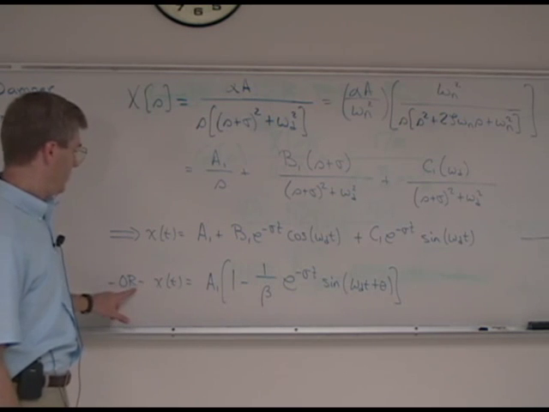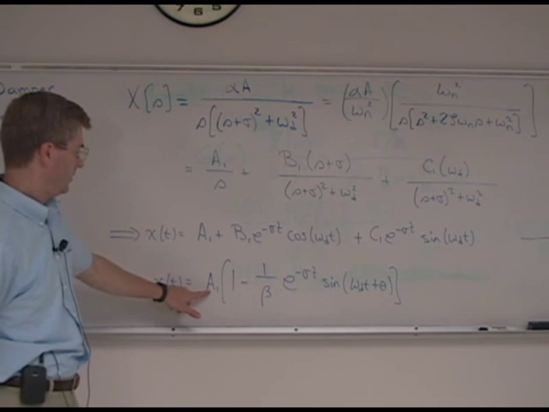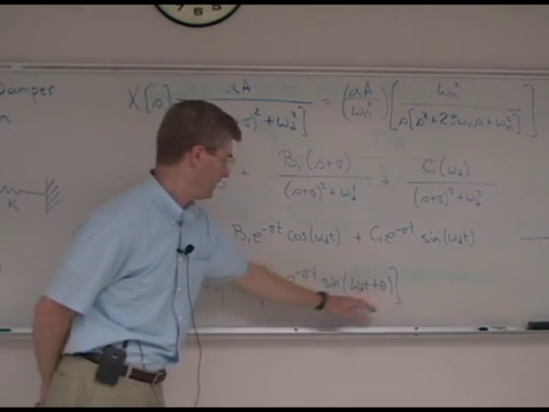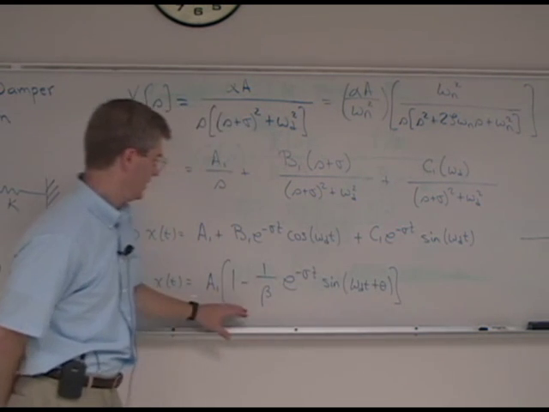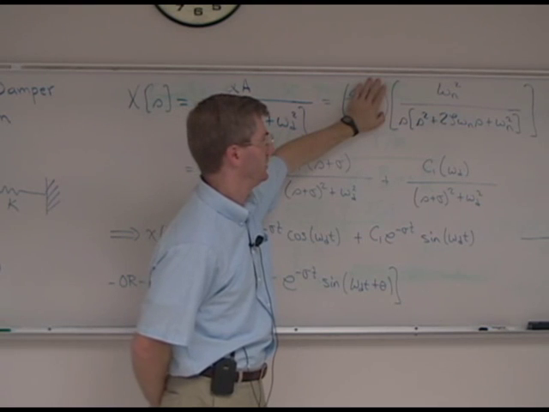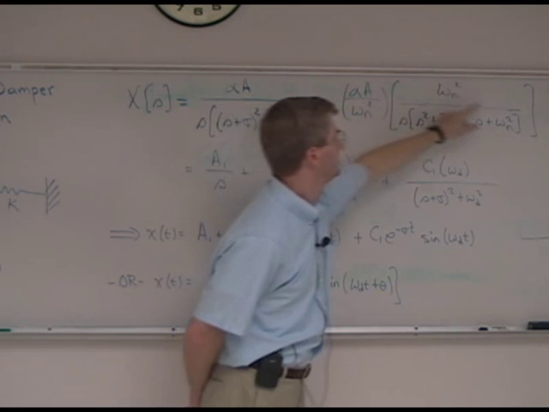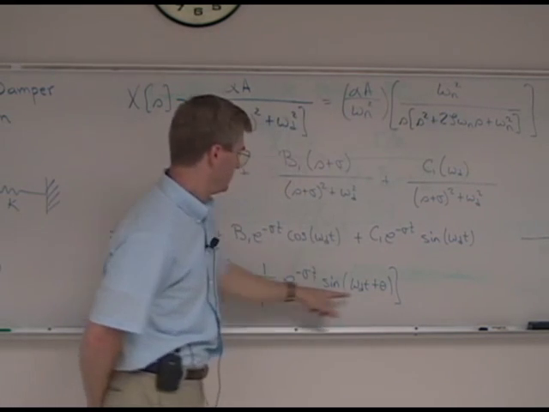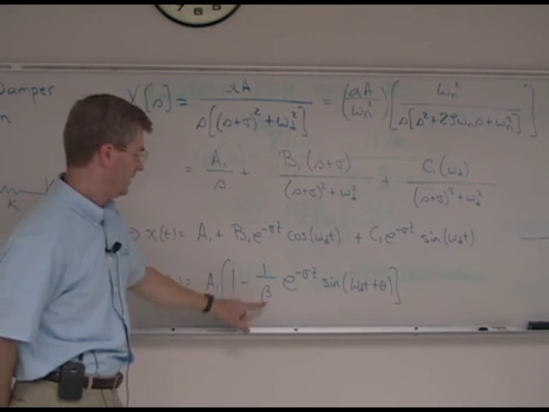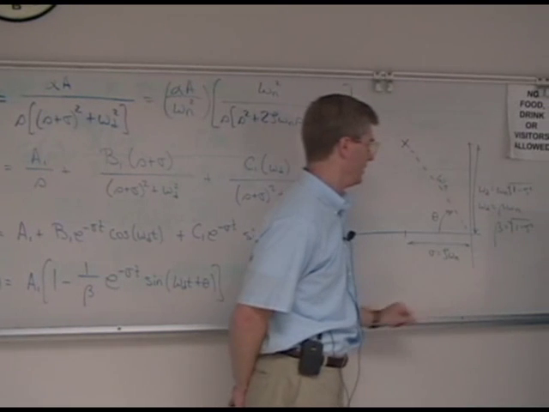We can also write that as what we did in class, which was to say that's some magnitude a1 times this standard inverse Laplace transform of this particular expression, which was in table 2.3 of the textbook. This then inverse Laplace transforms into this representation where beta is this square root of 1 minus sigma squared over